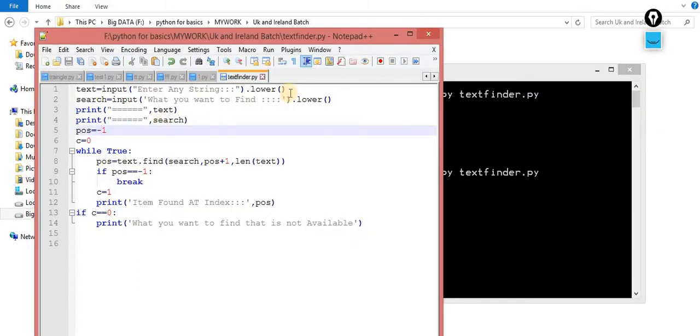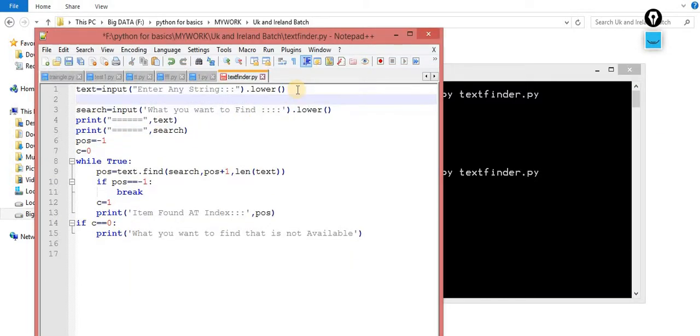What can you do again? Rather than reassigning to this text, what you can do is, okay, Control X. I am taking dummy underscore text is equal to text dot lower. I am doing it. Now it will not convert the original. Now where I am using the text, there I have to use the dummy text. Here you have to pass this dummy text. That's it.